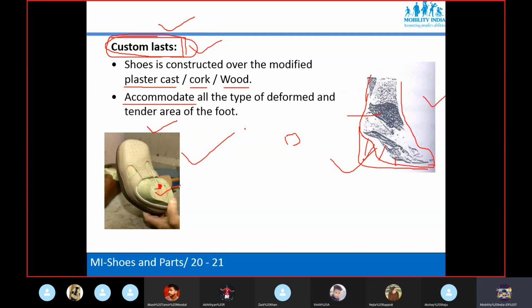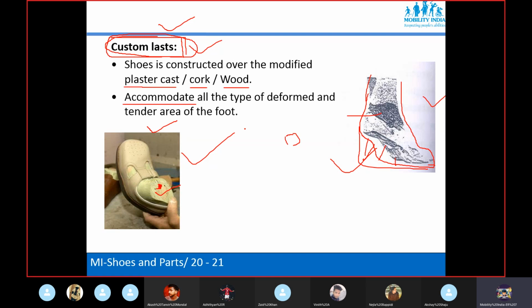The shoe purpose, we have discussed from day one. This one, the custom last. I am asking about the custom last. The custom last is mainly to accommodate the fixed deformity. It can accommodate the fixed deformity and it can correct the flexible deformity.